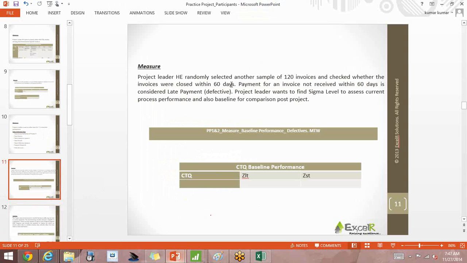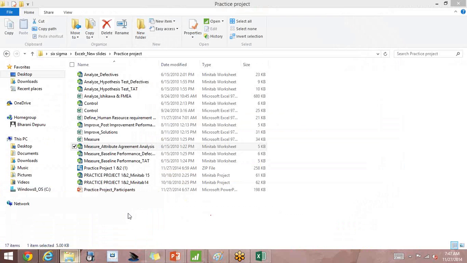All right, let us open this defectives. Number of defectives. First, let me open the sigma level calculator.